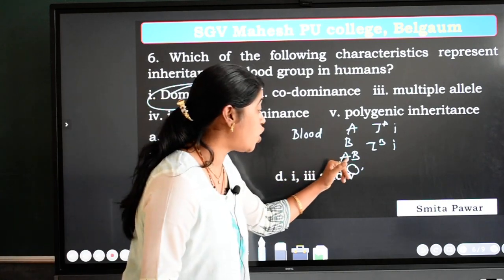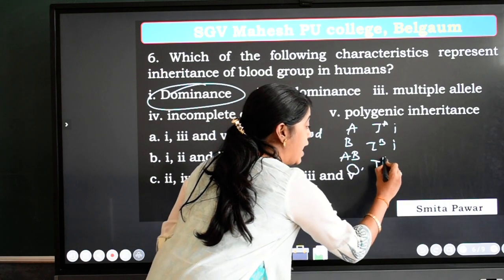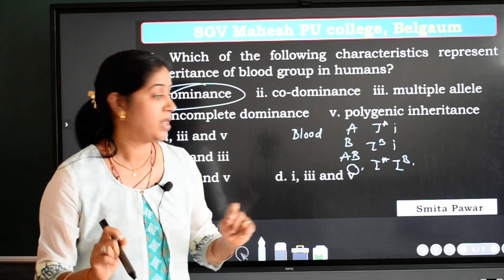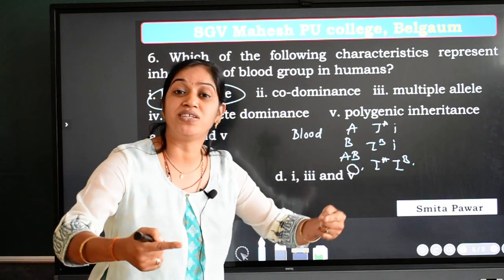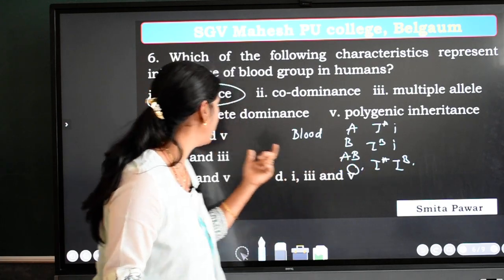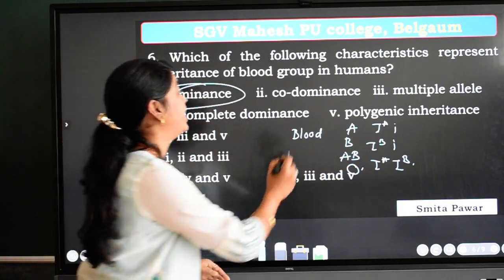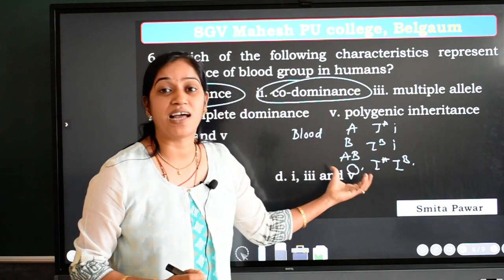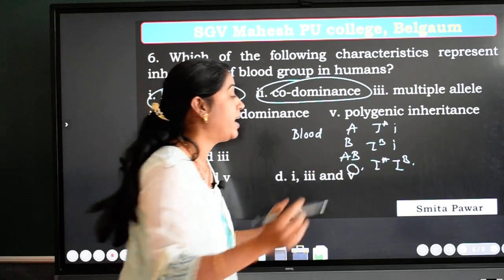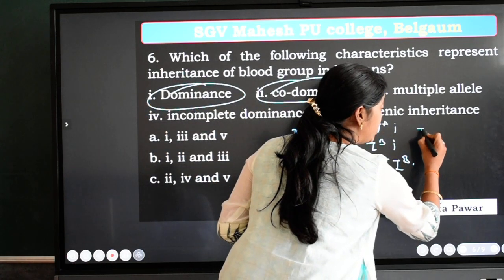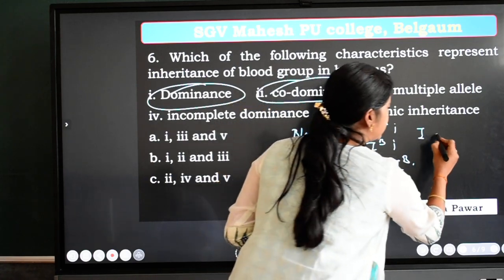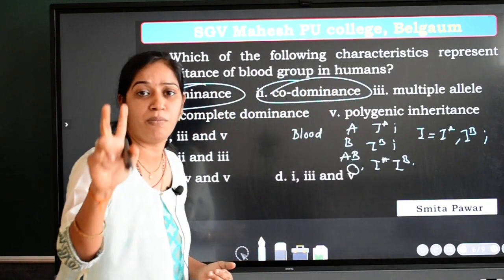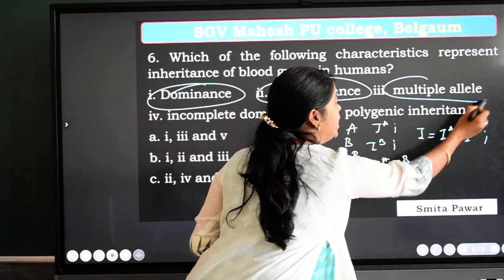Second, when we are talking about AB blood group, IA gene and IB gene, both genes are dominant equally. That is the reason both will show their phenotype and the blood group is AB, and that is what we call codominance. This is an ideal example for multiple allele, because you know that in blood groups, the gene I has got its three forms, that is IA, IB, small i. One gene, many forms, that is what we call multiple allele.